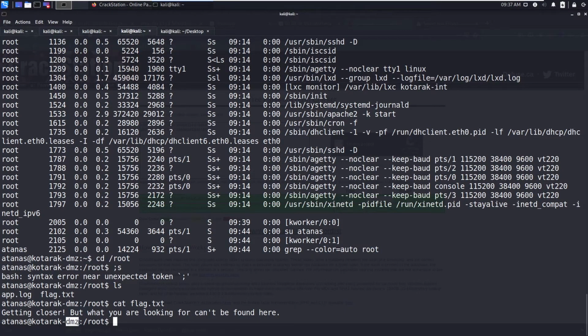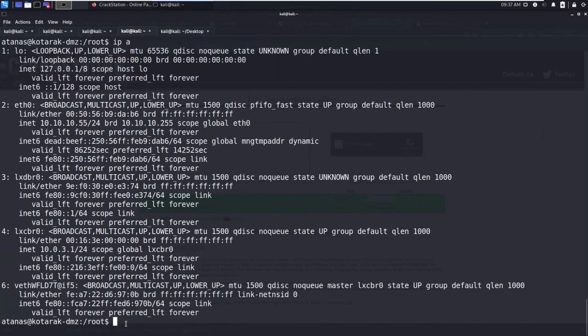You can see this is the DMZ. So it's generally located outside of the network, and it's not an actual machine. So you can run the ip a. There you go. You can see there is another adapter that is connected to this network 10.0.3.1. So we are the first one. So okay, there may be other computers. And what I did is I uploaded the chisel into the temp directory and did the pivoting, but there is a timeout for the request, so that's why we cannot scan any ports.